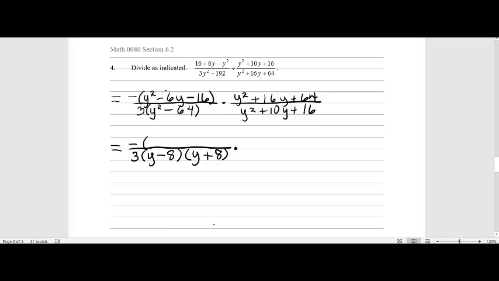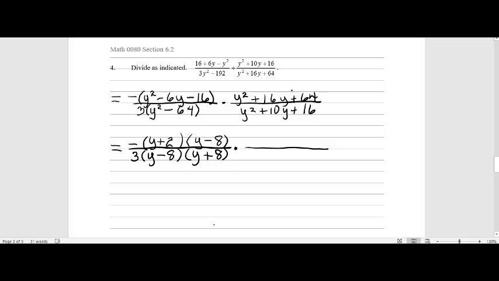Now that leads me to think that maybe in this numerator, I'm going to either have a y minus 8 or a y plus 8. Turns out it is a y minus 8 that gets multiplied times a y plus 2. So always factor the expression that you think is easiest to factor first. Always do that first. All right, now I'm going to